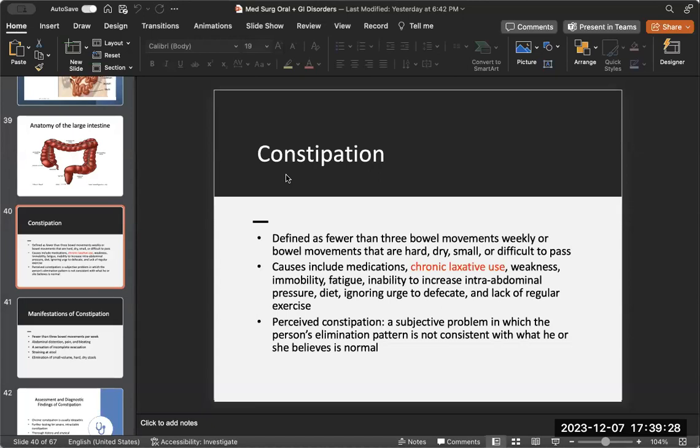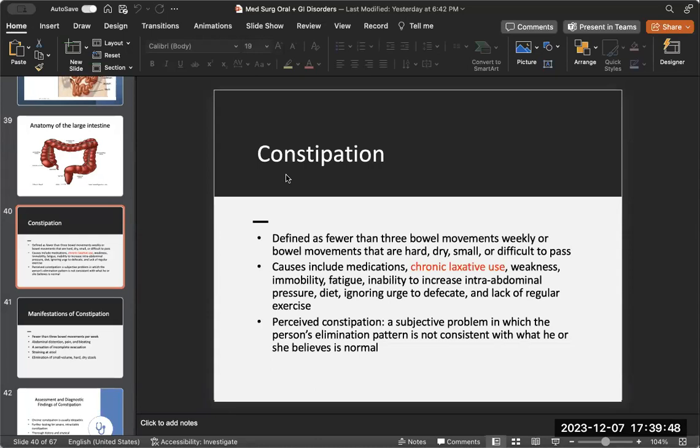If they have increased intra-abdominal pressure, how is their diet, right? Is it not high in fiber, right? Are they eating a lot of milk and dairy products? That can bind you. If you don't go to the bathroom when you need to, and you feel like you gotta poop and you don't go, that can be a cause of constipation as well as